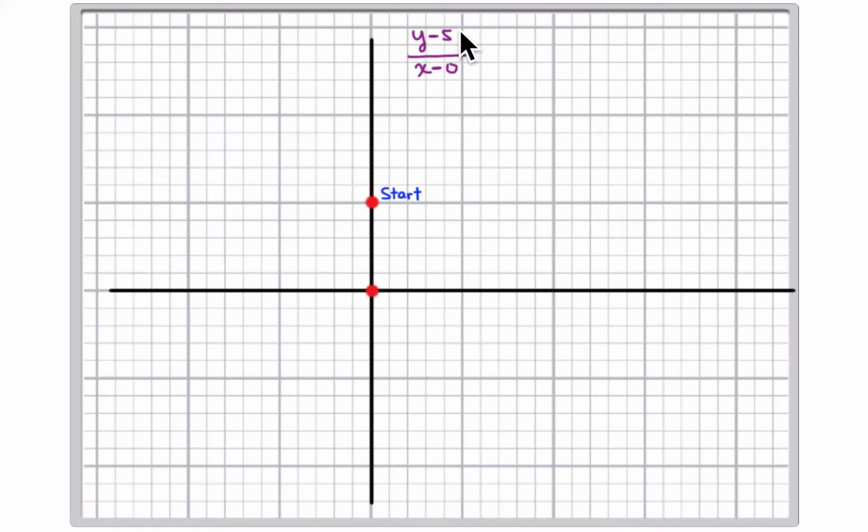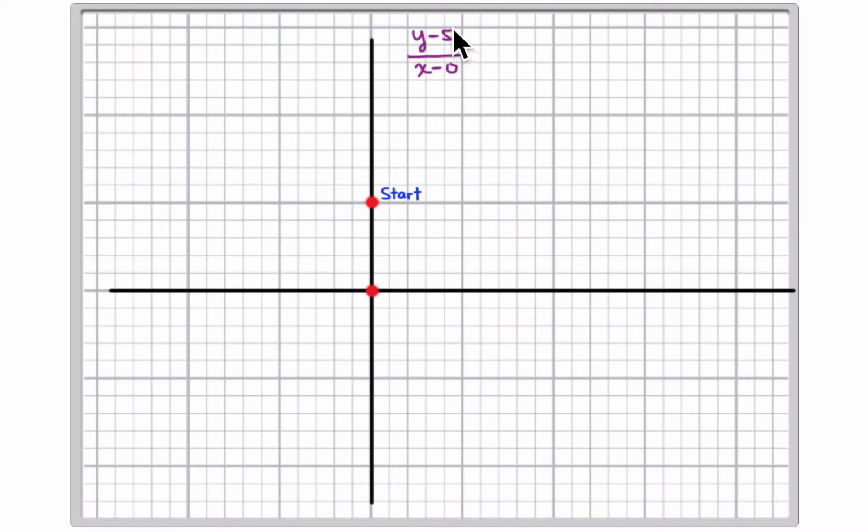All right, so to visualize what's going on, we're going to take the point at which we're starting, which was (0, 5). So x is 0, y was 5. So this starting point right here is (0, 5). And the first thing we're going to do is move that point to the origin. So this point's going to move down to the origin. And that's what you're doing. This is the reason I want to show you. That's what you're doing when you figure out the slope. You're taking y minus 5